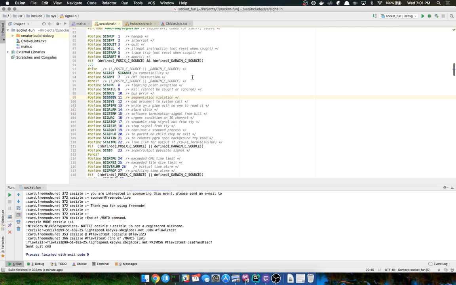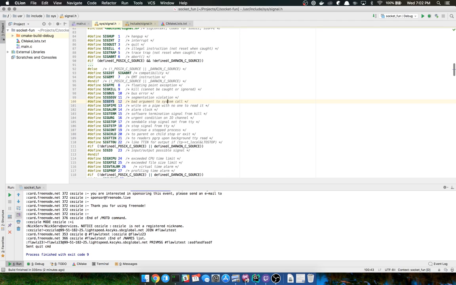Is there anything else interesting in here I might want? EMT instruction, wherever that is. Yeah, I have no clue. Floating point exception? Nah. Well, maybe. Maybe I want to have a handler for everything, if I'm being completely honest here, just because if anything really terminates the program. But that's programmer error. Kill's good. Bus error, highly doubt that's going to happen. Segmentation violation, that could very well happen. I mean, we are working with C, and it's entirely possible that we try to access some unknown memory location, or we try to do something stupid.